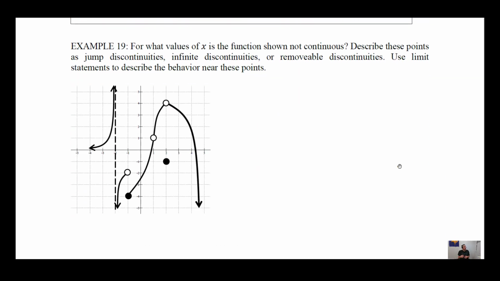So, for what values of x is the function shown not continuous? Describe them as what types of discontinuities they are, and then use limit statements to talk about them. The first discontinuity occurs at x equals -2. This would be an asymptote or an infinite discontinuity,